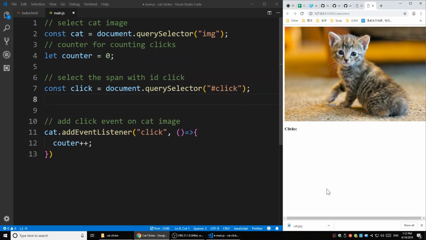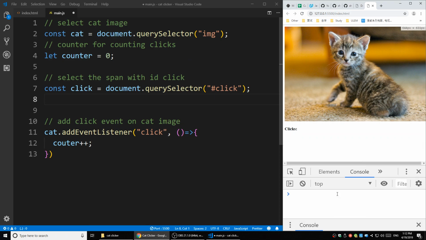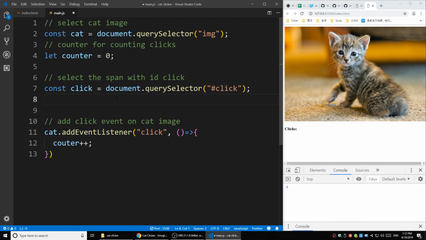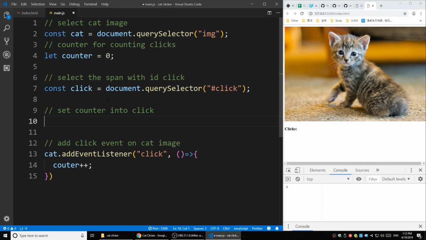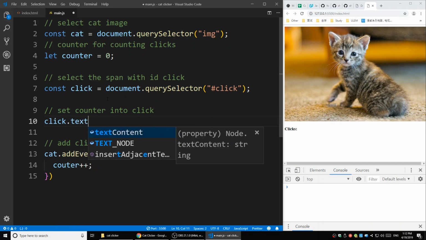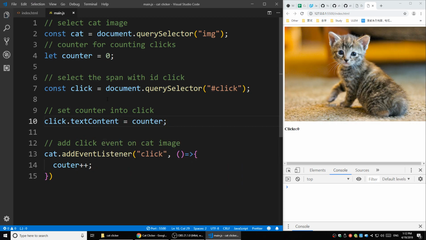Alright, let's open the F12 here, make sure there's no error popping up. Yeah. And I selected the clicks. What we're gonna do here, we're gonna set the default value for it. Set default count. Actually, I'm just gonna set counter into click. So it's gonna be click.textContent is equal to the counter. Here we go. I have clicks 0, and every time we click it, we're going to counter plus plus, and also we're going to